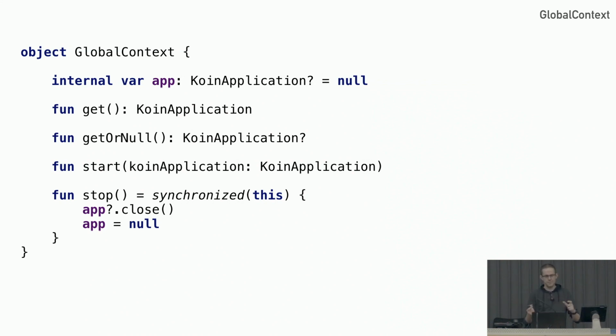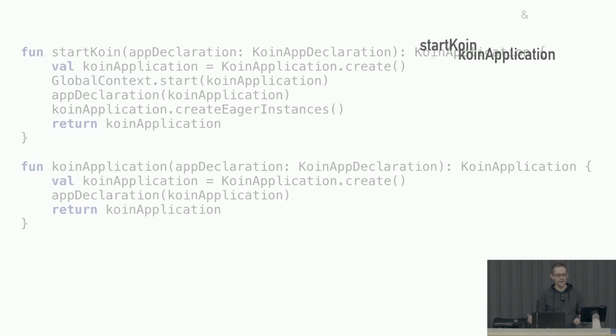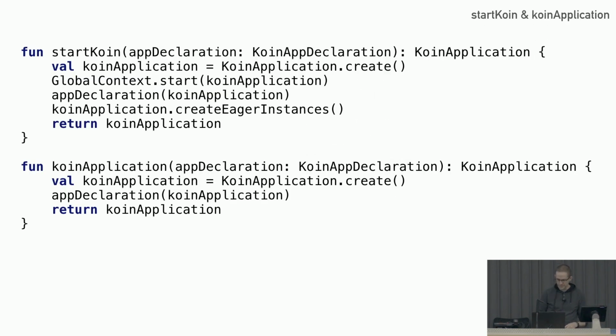So this allows us to have a global context, but what it also allows us to do is to have other instances of Koin. Because Koin itself is not a singleton, KoinApplication is not a singleton. So you can create multiple dependency graphs which exist in your app at the same time, which is really convenient. It's really useful for very, very specific edge cases of handling wildly different scopes without having to do a lot of refactoring.